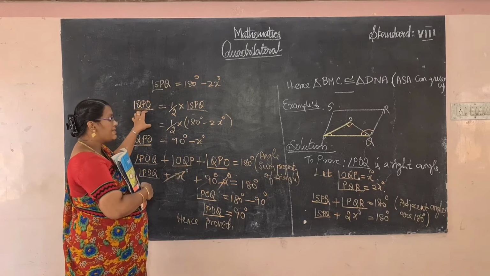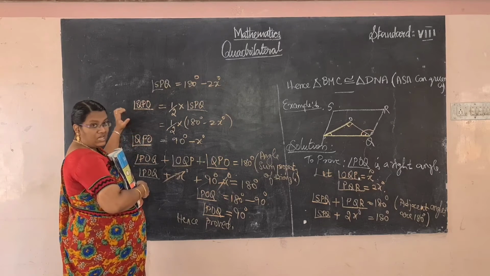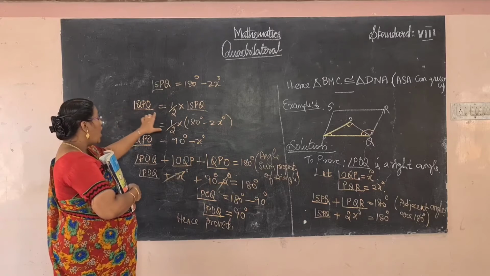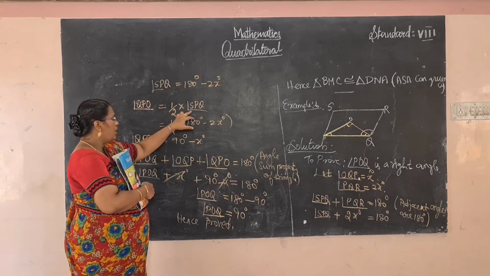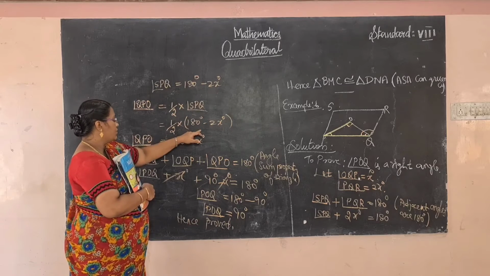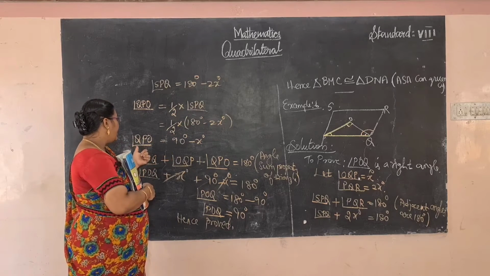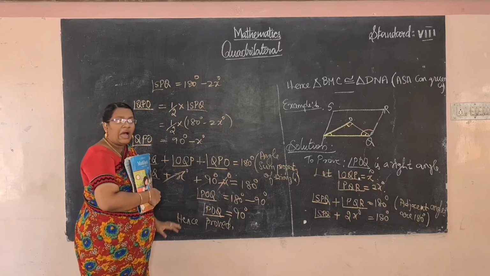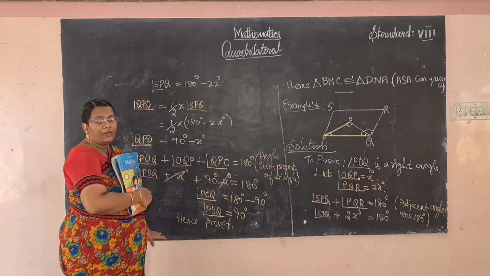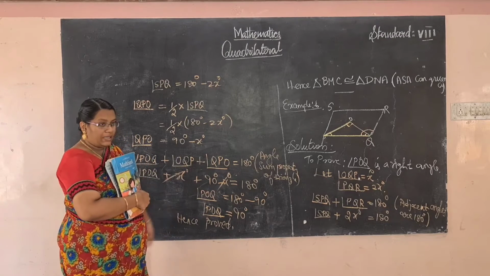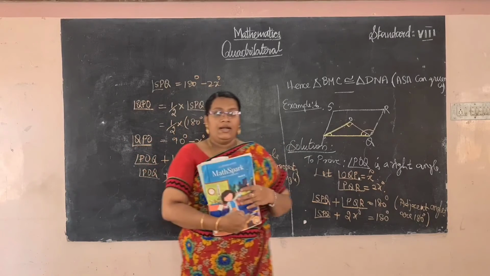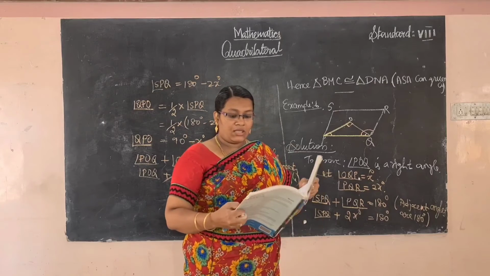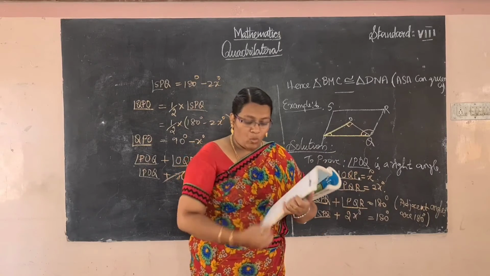Okay, so PO is a bisector, so half of the angle is PQ. We have already found that value. Substitute here and simplify, we get the angle QPO. Then, using the angle sum property of the triangle, which is 180 degrees, apply it and we have proved that the triangle is a right angle triangle. Okay. Now see the exercise 9.1.